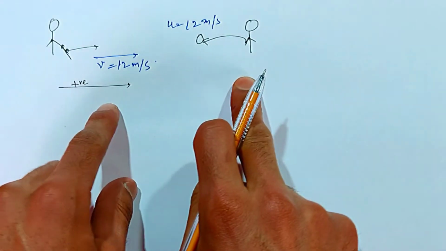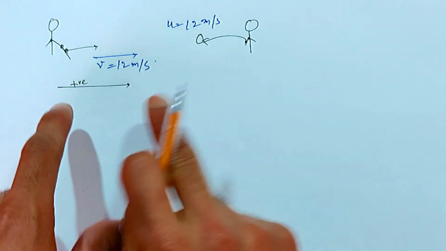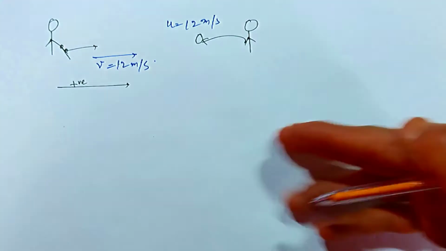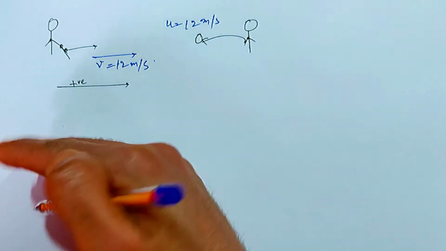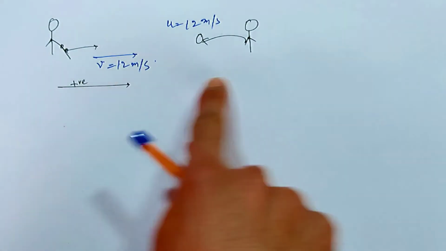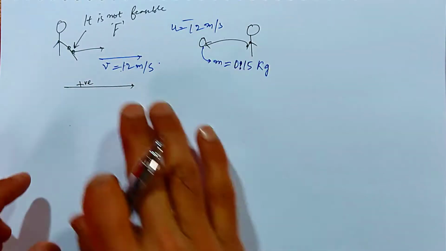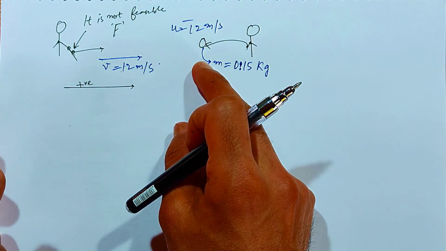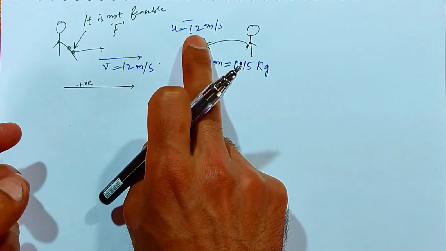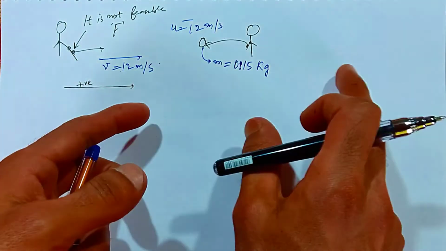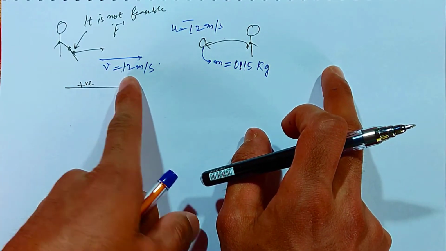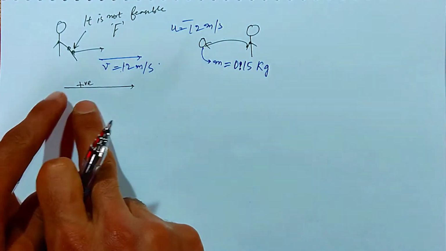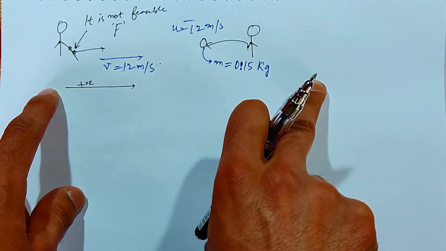But since it is just a supposition, we can take the positive direction in this direction also, okay? It is just for convenience. So I have told you that the bowler is pushing the ball with a velocity of 12 meters per second and the batsman is pushing it back with the same velocity, but in the opposite direction. So in that case, u will be minus 12, because we are taking the positive direction in this direction here,